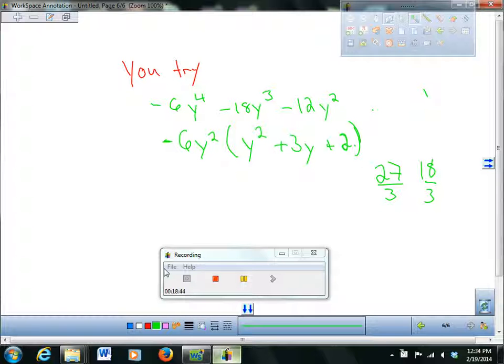What's the biggest number? 9, right? So 9 will go in here, 9 will go in there as well. The same thing with this. I could have divided everything by y, but that's not the greatest common factor. The greatest common factor is y squared, and the greatest common factor of the coefficients is 6. All right, so